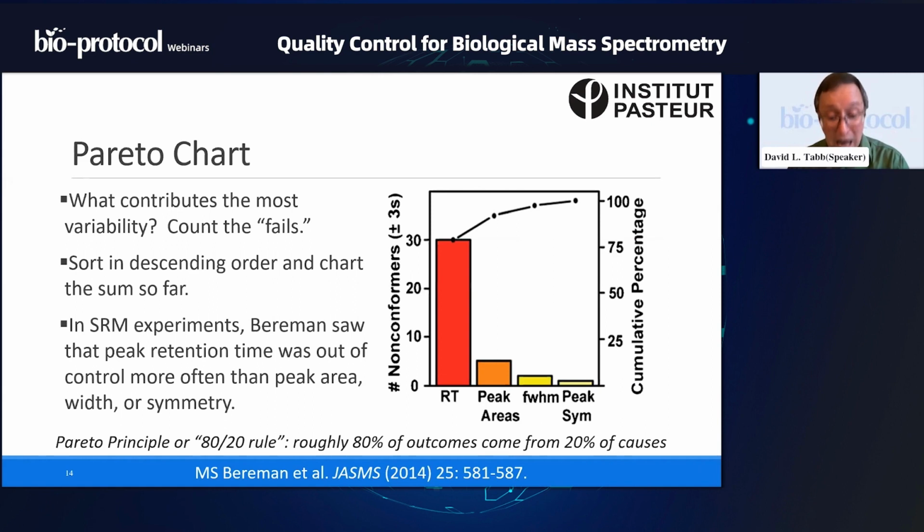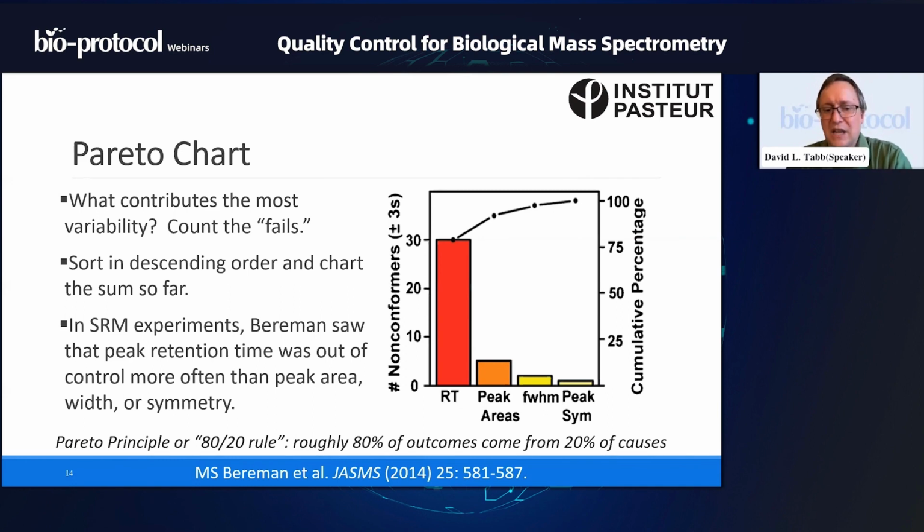In this case, I'm showing an actual Pareto chart, this one produced by Mike Berriman. Sorry, I always get sad when I present this slide. Mike Berriman was a great researcher in our field and died rather young, very sadly, in the last couple of years. But he was one of the people in the American Society of Mass Spec who really pushed for people to start thinking about quality control in a quantitative way across ASMS. So I think it's only appropriate to keep this slide in here. So thanks to him for this.